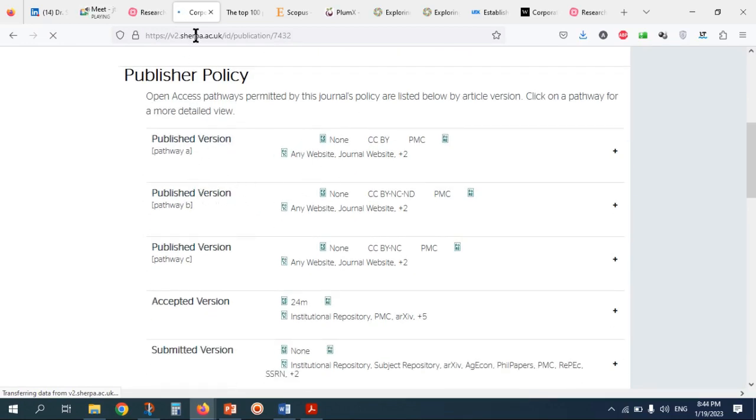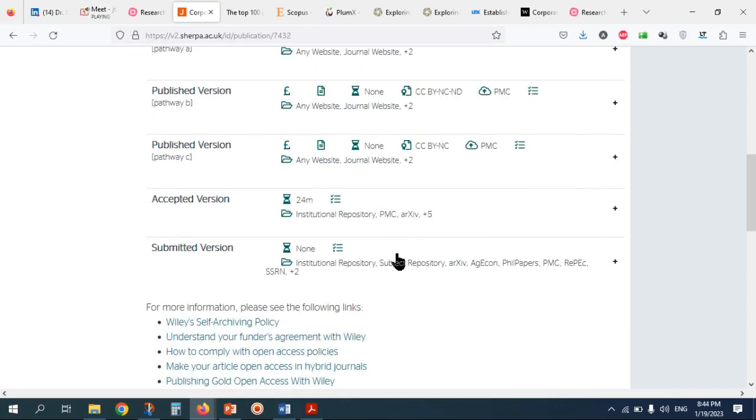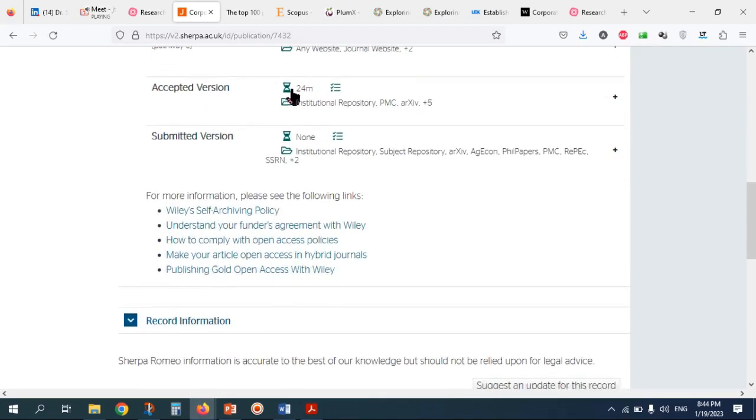If you paid, this is a hybrid journal, so it is Creative Commons and you are allowed to distribute. But if you do not pay, you should wait 2 years.